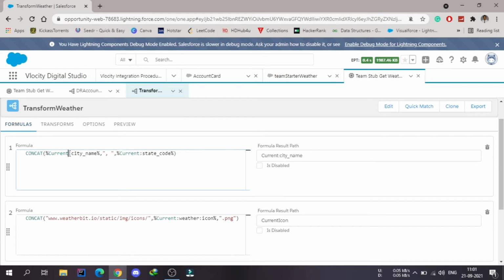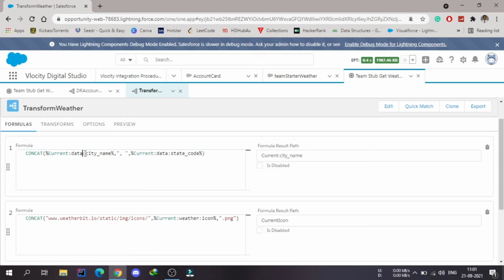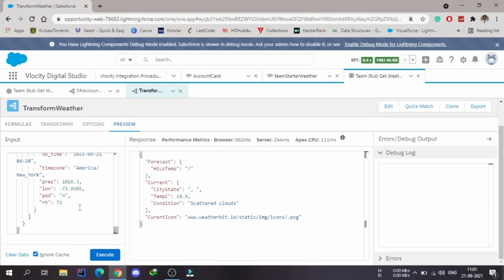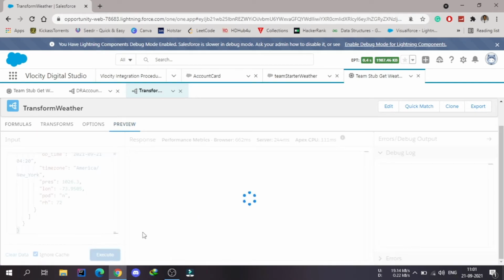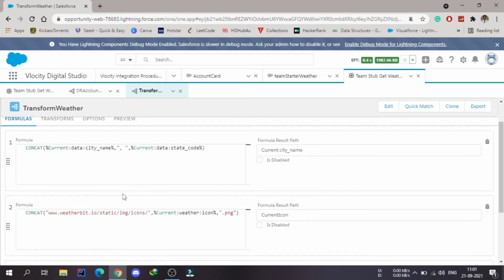So inside this current we have one more node, that is the data and the colon. So I have to use that data and the colon. So you can see now, if I go to the preview, we should be getting that city state. So you can see that we are getting this Roosevelt Island and New York. So accordingly we have to change all this.